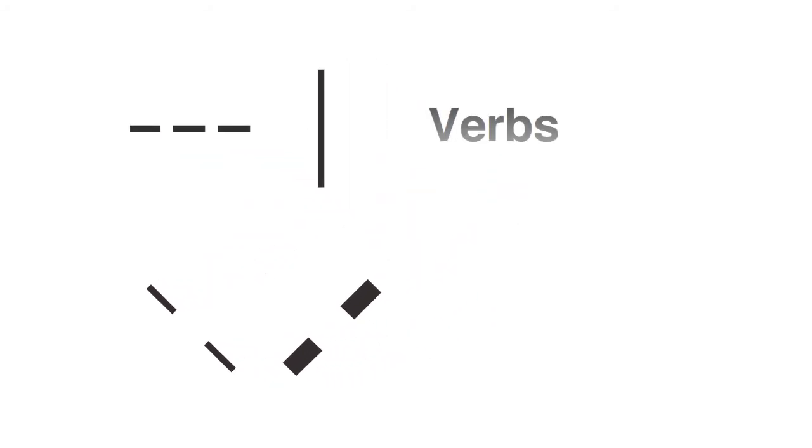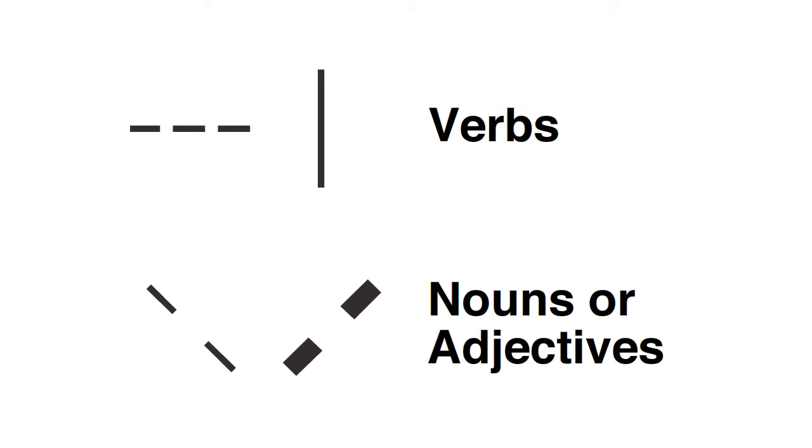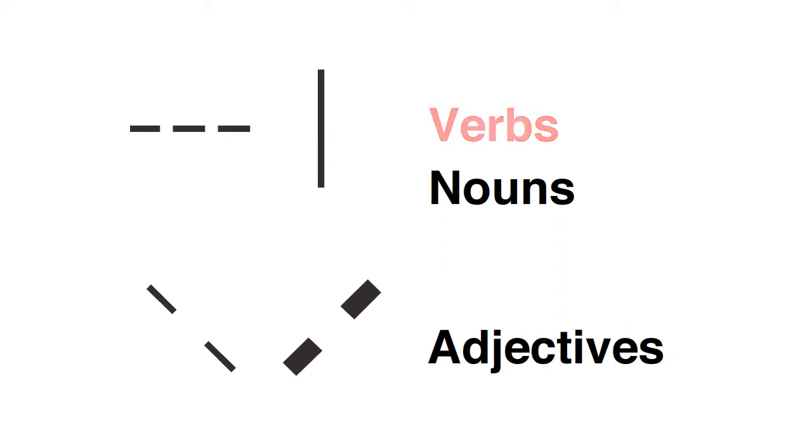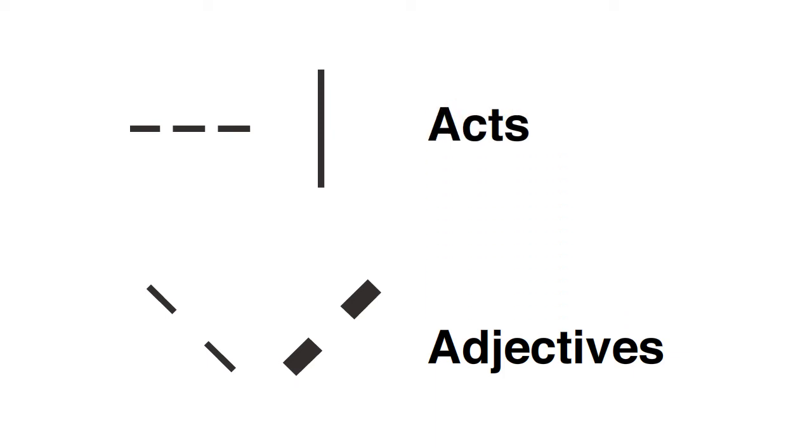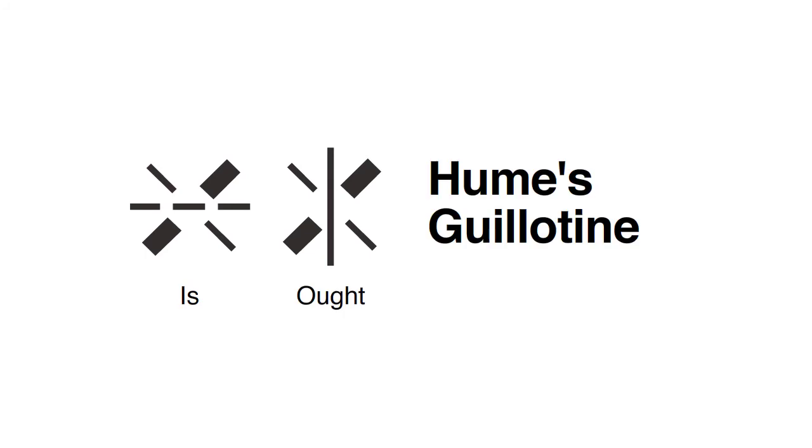In the last video, I explained how two of the elements can be thought of as verbs while the other two can be thought of as nouns or adjectives. Relative to the golden contrast, the nouns were used. But I neglected to mention that the ones used as verbs can also be thought of as nouns when treated as acts. Used in this way, the acts can be described by either of the two elements with different implications for each act. The combination of adjectives describing acts is the basic format of Hume's guillotine translated to my model, sort of. More accurately, one side of Hume's guillotine would actually translate to this shape.